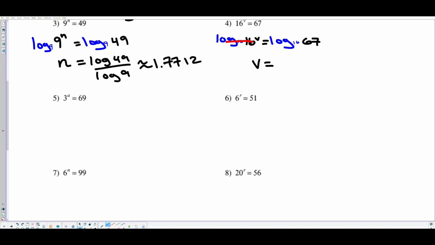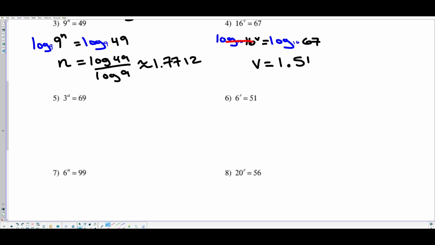We don't have log base 16 on our calculator, so we're going to use log 67 divided by log 16. I use log base 10, which is this one right here. But you could very well have used ln, which is log base e, which is this one. So either one is doable. You just have to be consistent with one. So log base 10 of 67, that's what I typed in, divided by log base 10 of 16, that gets you